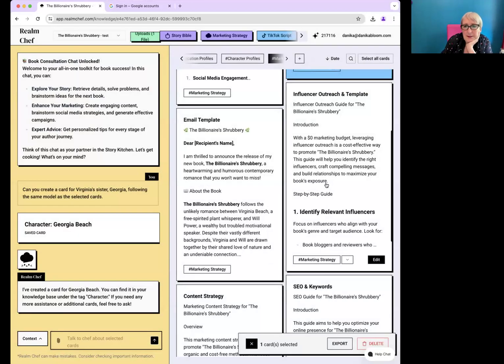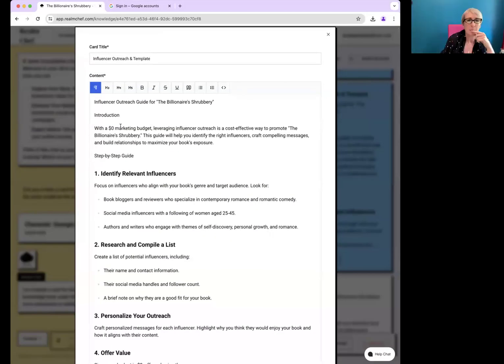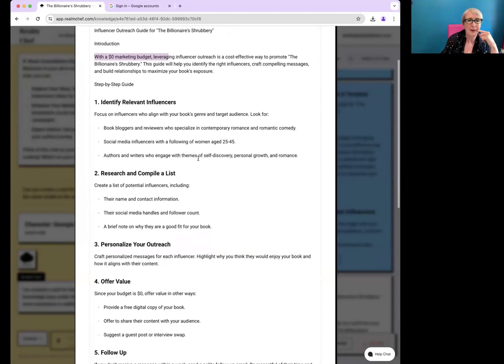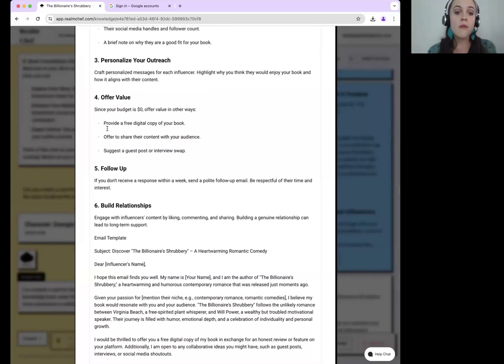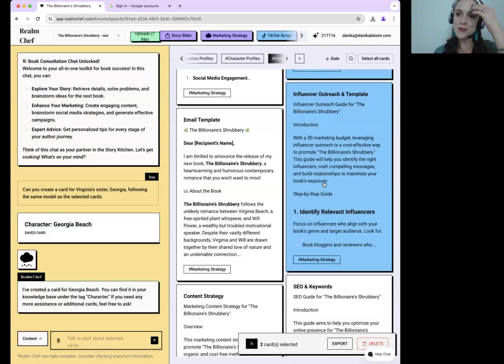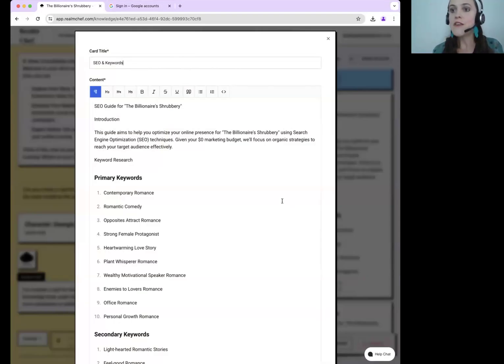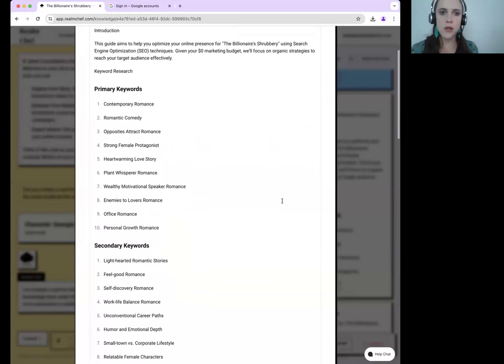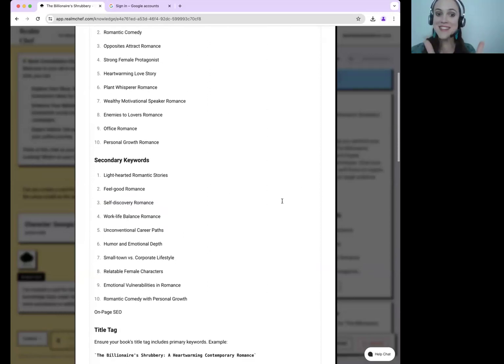Then some ideas for influencers specifically. So with zero marketing budget, that's brilliant. Identify them, research them. With the single book cook plan, it would just be one story Bible from that one document. But as you'll see on the pricing page on the website, if you needed an extra book that month, you could add one on for, I think, $10 for a story Bible. And we have some keyword ideas, which...